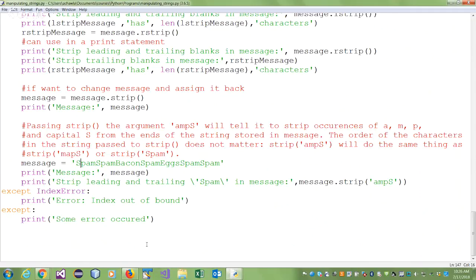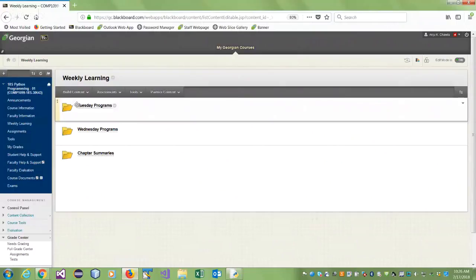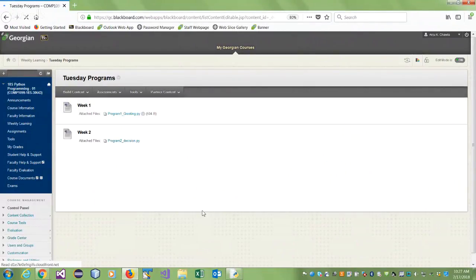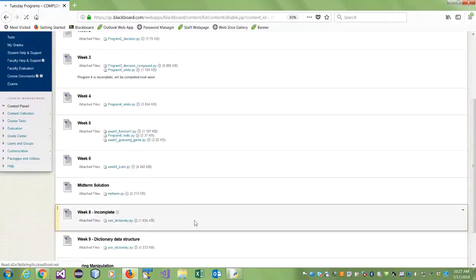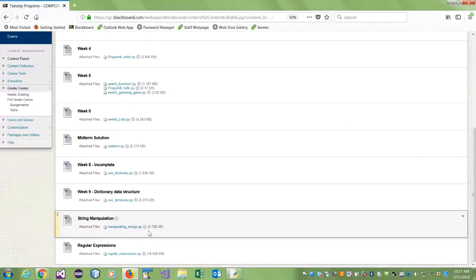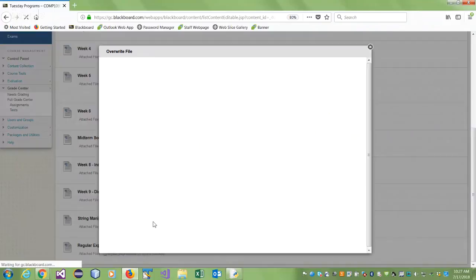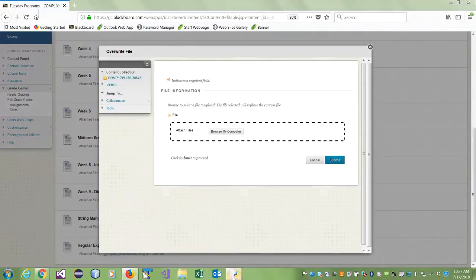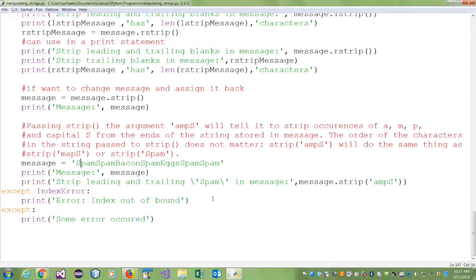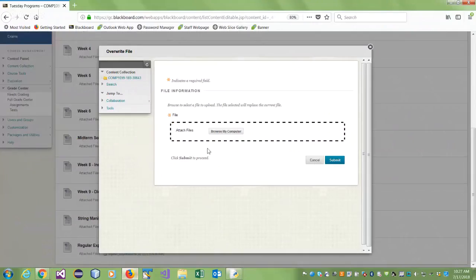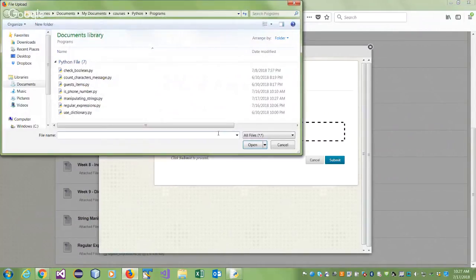Okay, so I'll replace this on Blackboard for you. So under your Tuesday programs, I'm going to replace this file. So I just put it for you when you started. I'll again overwrite it with the right file. So this file, we just added a few things as we talked. Okay. So I'm going to just put this back on, where was it? In my programs. Okay. So I'm going to browse my computer and